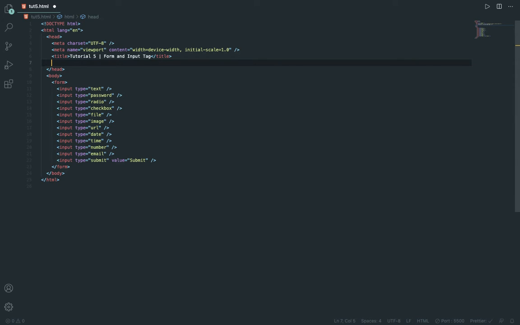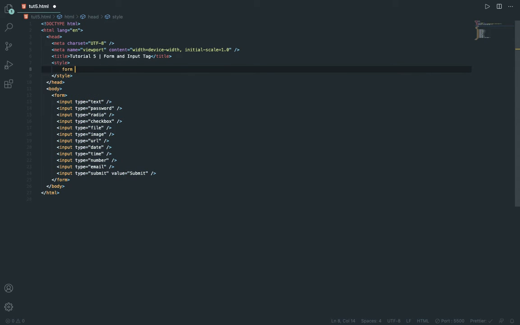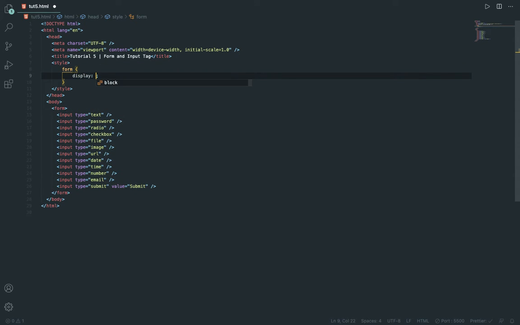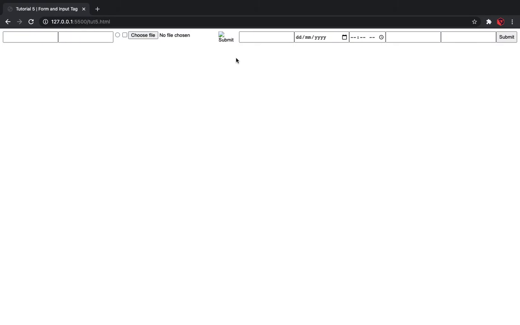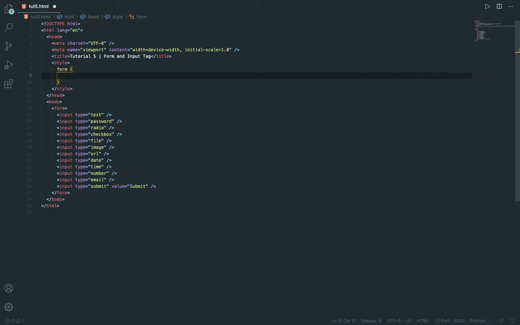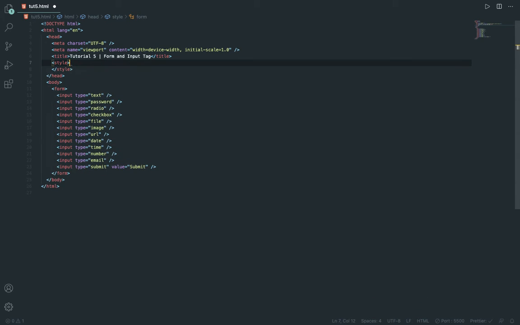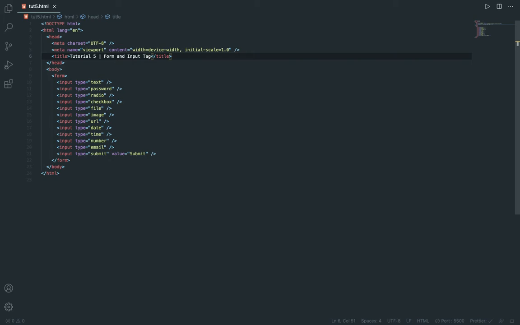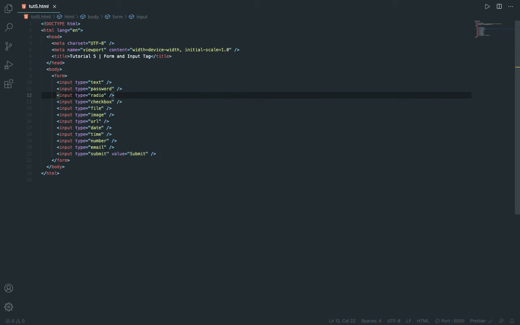One minute. Let me add some styling just to show you. It will be easy. And let me not add the stylings. So the first one is input type text. So I can add anything here, number, text, anything. Then the password. Here if I type something, it is like this. Then I get input type radio. Let me do 3. Then I get something like this.